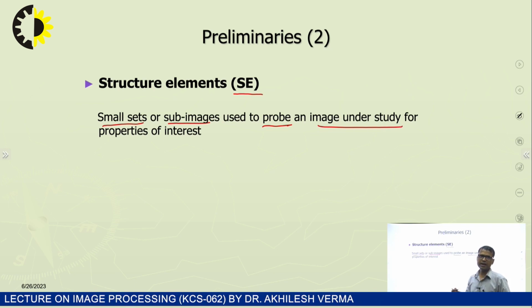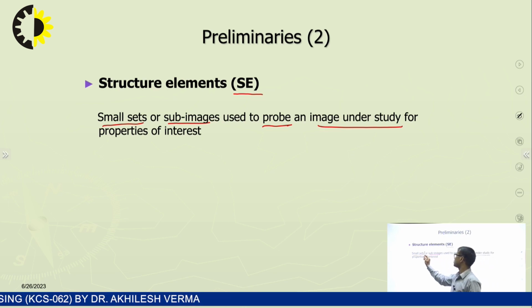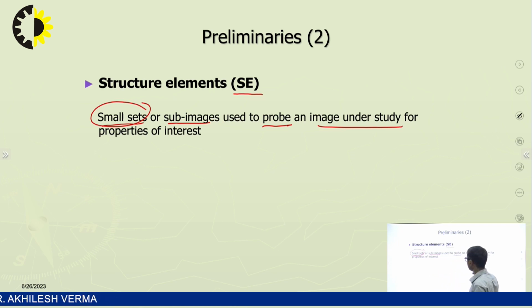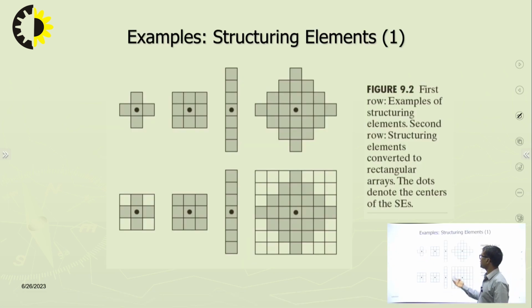So, basically we are searching for an object within an image using a small subset of the image, and usually it has a certain property that we are trying to find out in the object. So, structuring elements are of various types. Here are some examples which are given